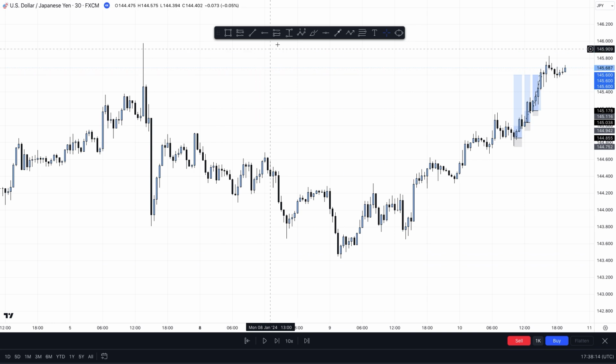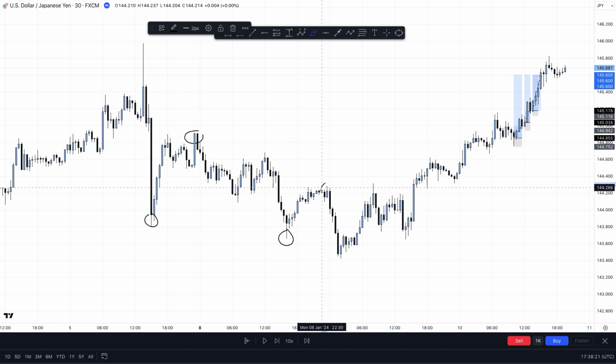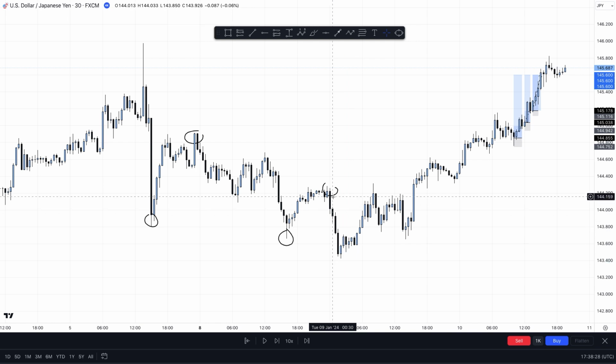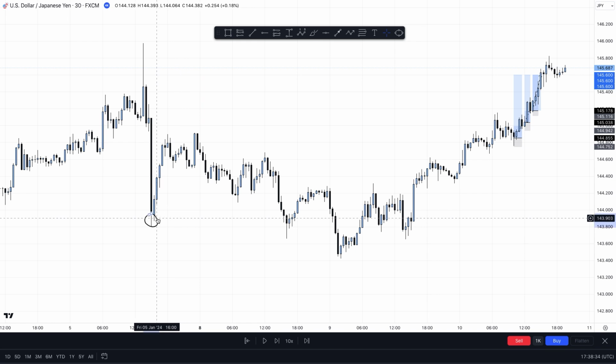But anyway, as you can see, price is trading to the downside. We're forming these lower lows followed by lower highs, lower lows, lower highs, lower lows. Okay, so price is definitely moving to the downside. So we need to see something take place which is going to tell us that the correction is over, sellers are no longer involved in this market, and that buyers are looking to take over,